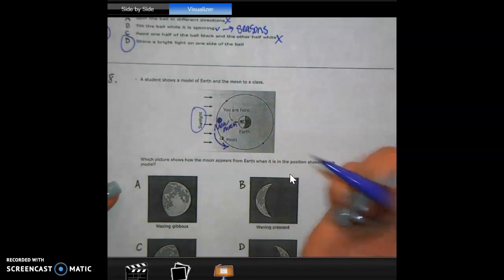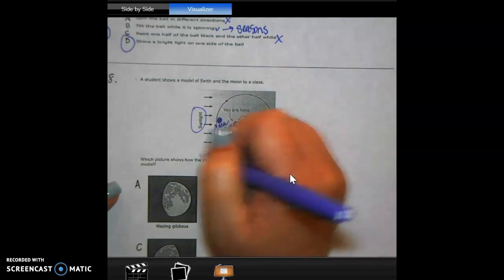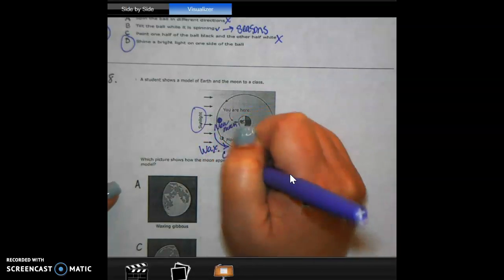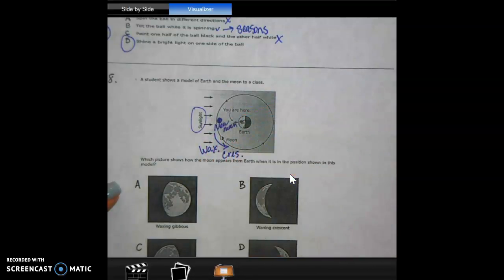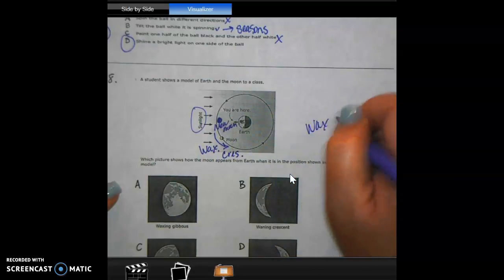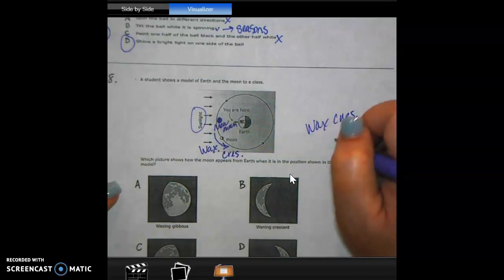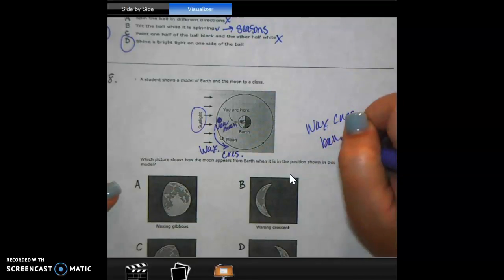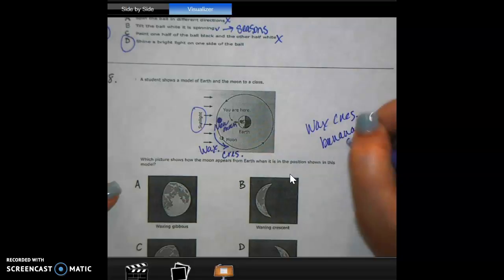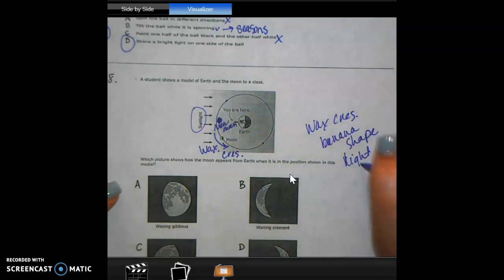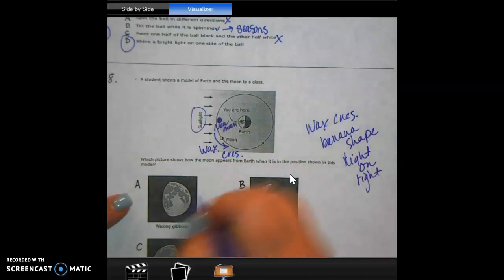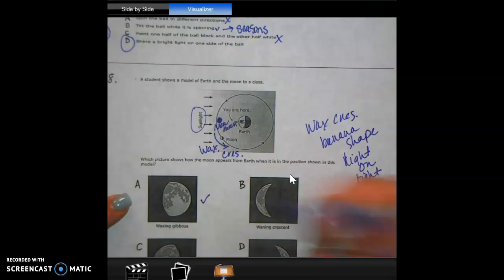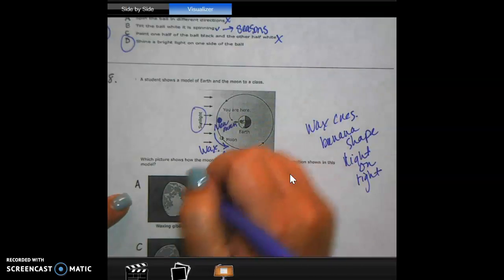We always go counterclockwise, so the moon following the new moon would be a waxing crescent moon. So we know the waxing crescent is the kind of crescent shaped or banana shaped. And we know the light is on the right. So the light is on the right. That is correct, but it is not a banana shape. That is a gibbous,